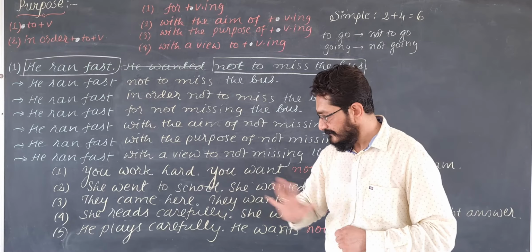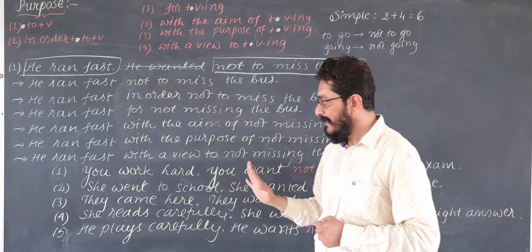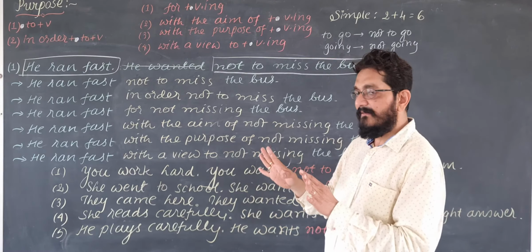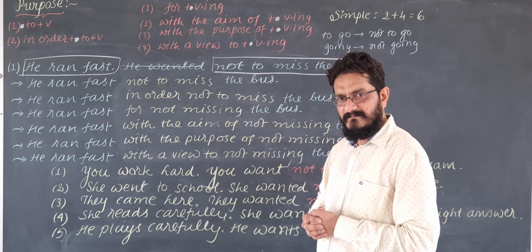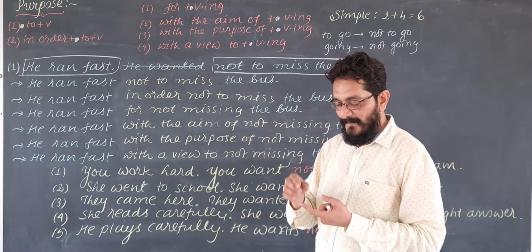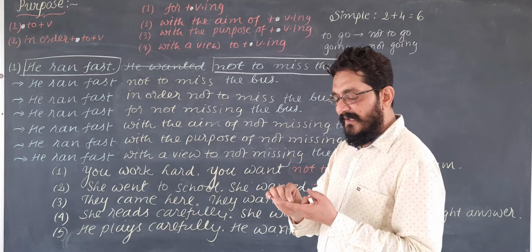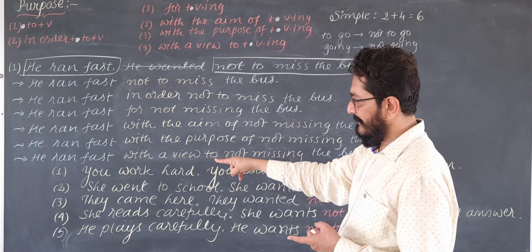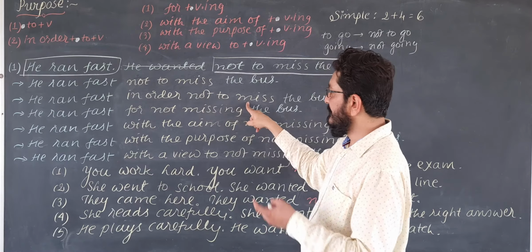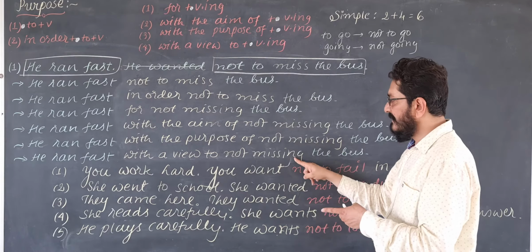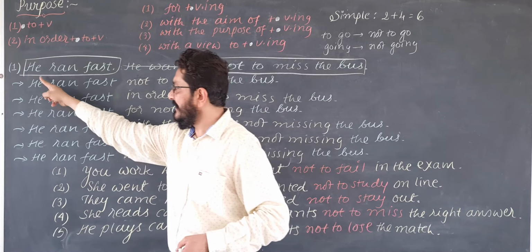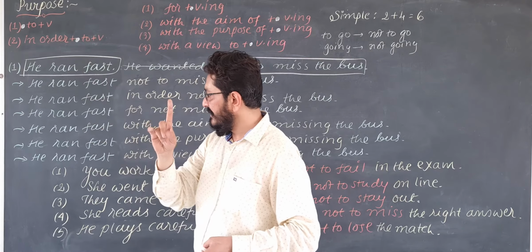Now, there are 5 sentences, right? And we will join all the 5 sentences in the same way. Mind well, what type of sentence we are making? Compound, right? Complex. Neither compound nor complex, we are making simple sentences. Because in all the sentences that you are making, either it is 2 plus 1 or it is VIND, right? But neither of them is carrying a subject with it. So there is only one pair of subject and finite verb, and that is GN. So it is a simple one.